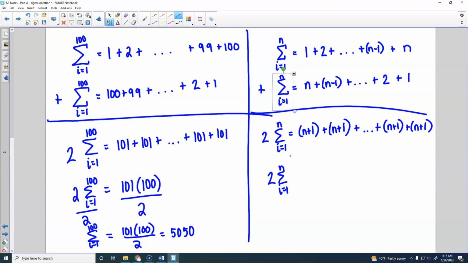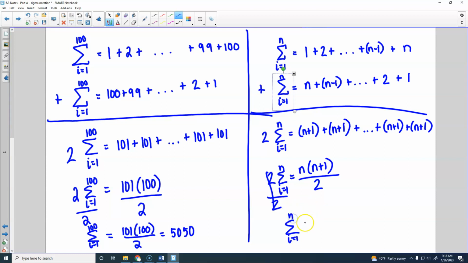N times. All right, so like over here it was 100, so this was 1 to 100, so it was 100 times. Here, I don't know what number n is, but n's where I stop, so it's going to be n plus 1 times n. So this is going to equal n times n plus 1. And then if this is twice the sum, so if I divide both sides by 2, the sum